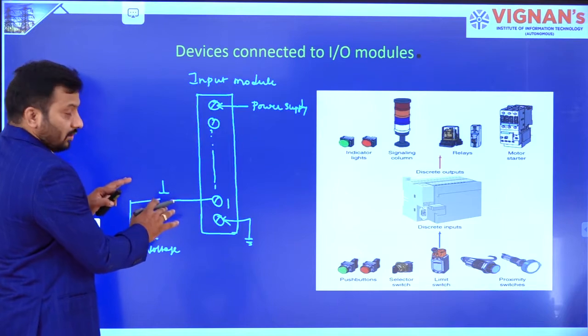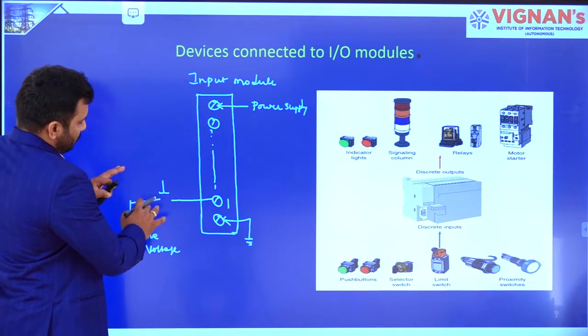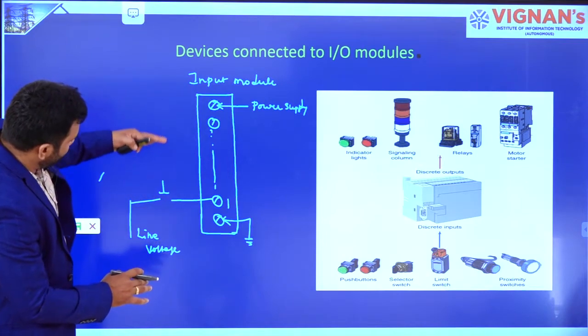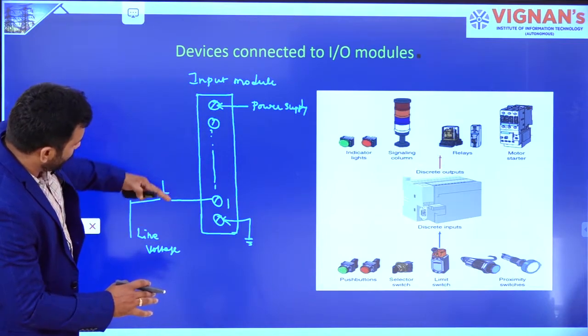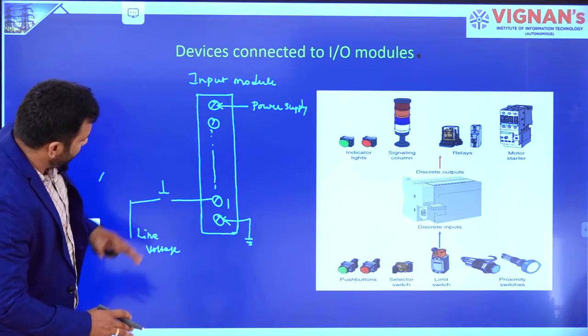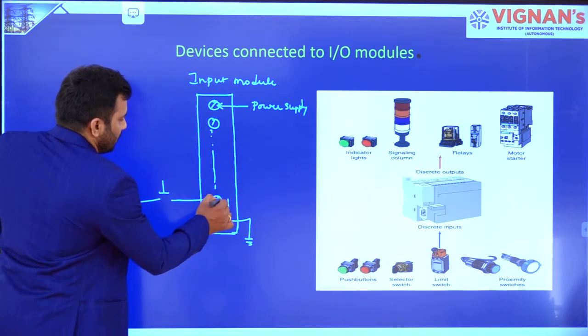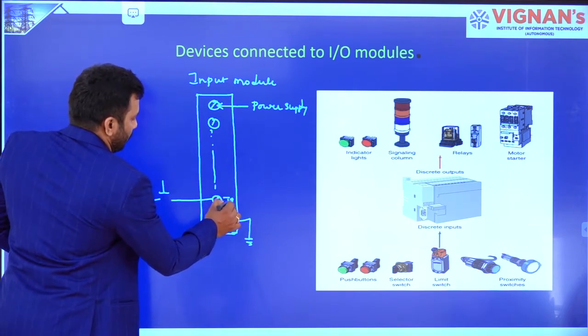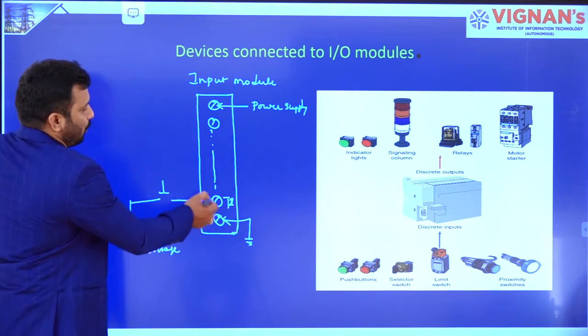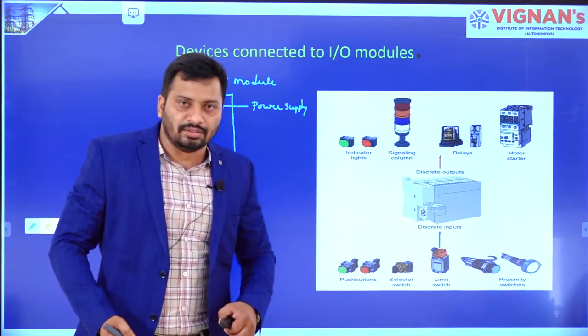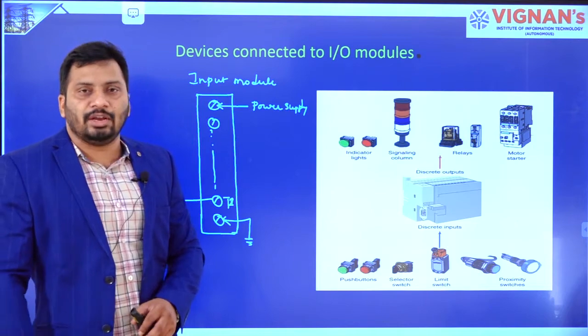So it's in the open condition. It's a normally open push button. If you are not pressing it, it is going to be in the open condition. The input for terminal 1 is 0. That is the reason for the internal circuitry, which you already know, in the input module. What is the internal circuitry present in the input module, right?